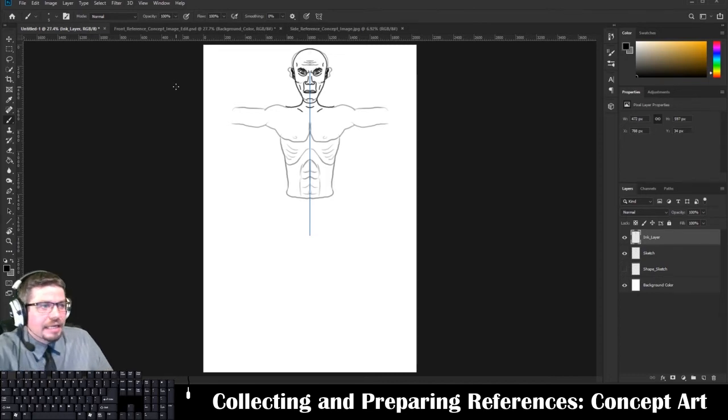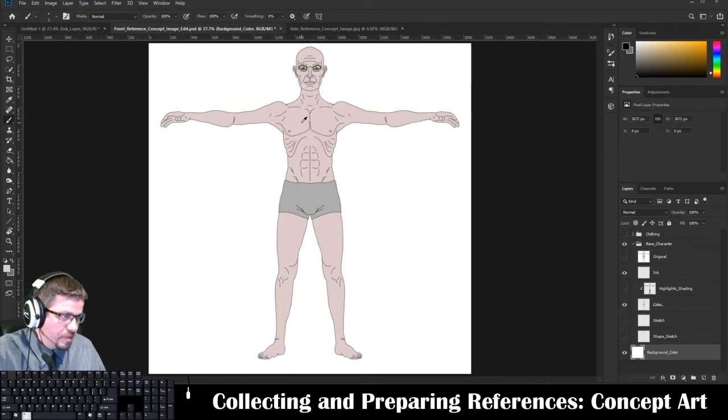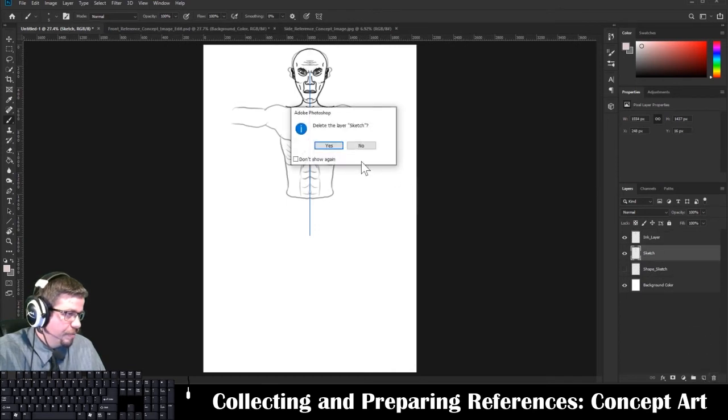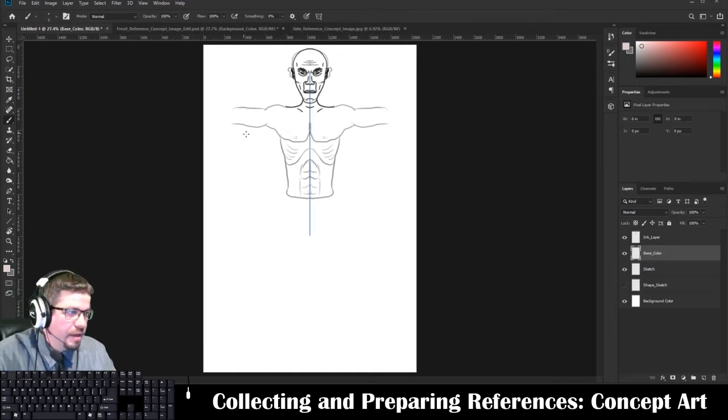So here's my character up to this point. I got the ink layer on, and then the next thing I'll do is I will add a base color. I'll just grab this color, and I'll create another layer directly underneath my ink layer. And call this color or base color, right? And then using my brush tool,